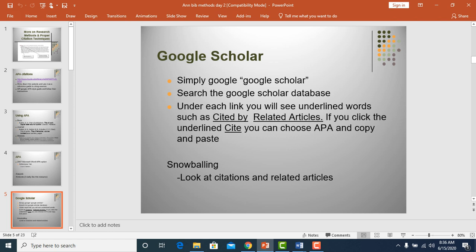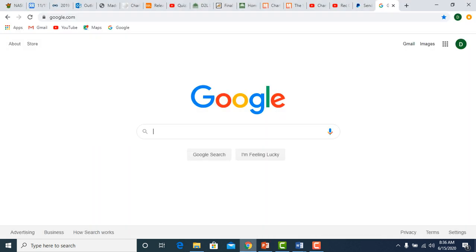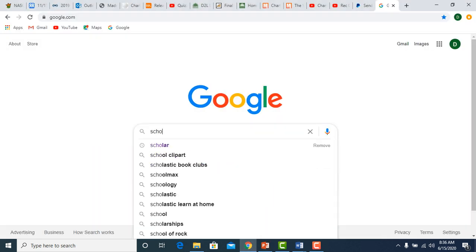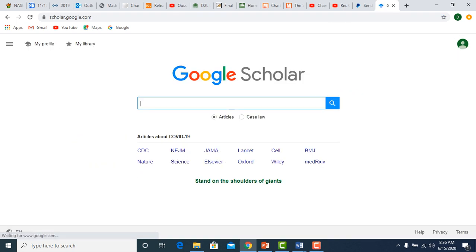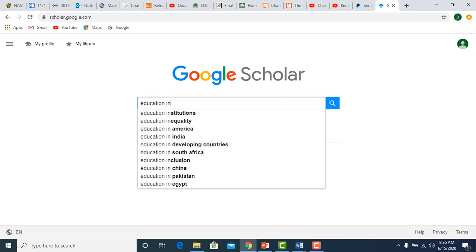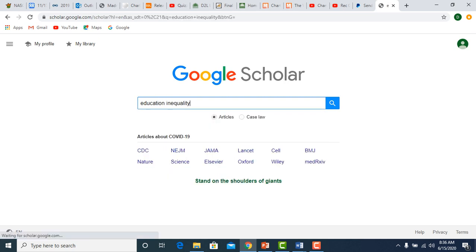So first, let me walk you through Google Scholar because I think it's a really excellent resource. If you're in Google, just search the term Scholar. Okay, the first thing that comes up is Google Scholar. Now you know you're in Google Scholar as opposed to Google because it says Google Scholar. Now let's say that we want to research education inequality. Okay,